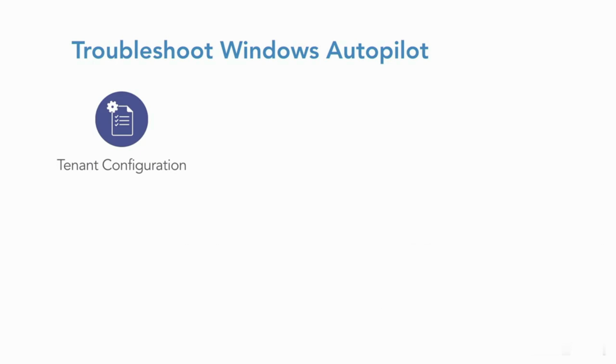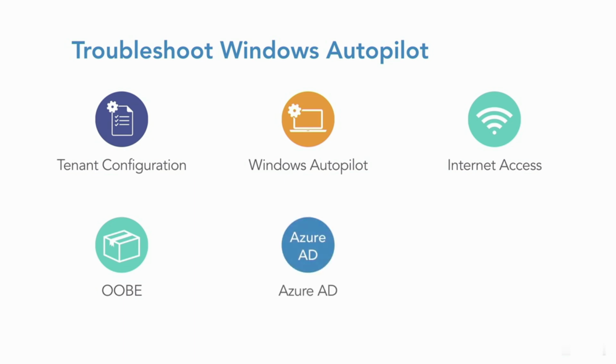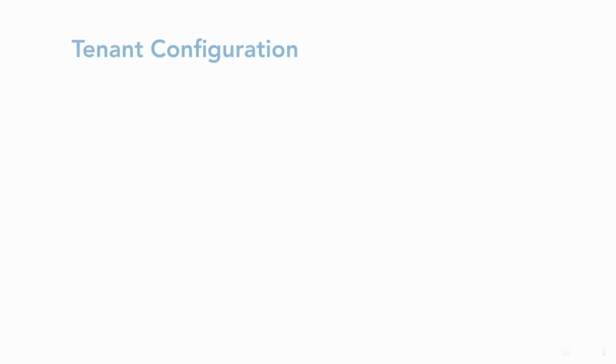These include the prerequisite tenant configuration stage, the Windows Autopilot configuration itself, connecting to the Internet, the out-of-box experience, or OOBE, for the user, joining the device to Azure AD, and the final stage where Intune configures the device. Let's review each of these stages in a little bit more detail